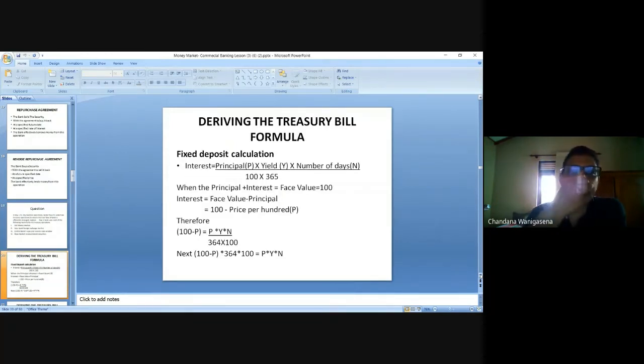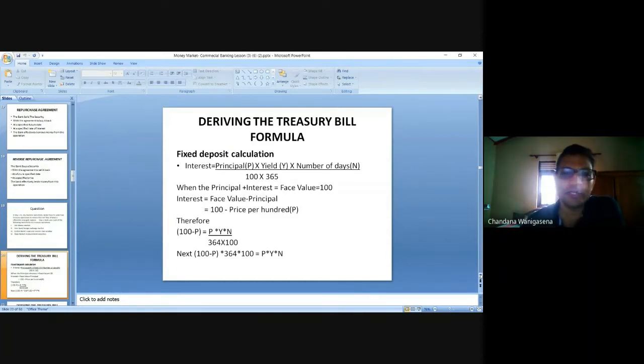Right. With that, like I promised in the morning, in the afternoon we are now moving on to learn to calculate the price of a treasury bill and a treasury bond. These are the two main things we'll try to do in the next hour. I think it's a very important area. It's predominantly calculations, but you need to understand upfront in order to do the calculation well. There are a few practice questions too, so you can do those and understand.